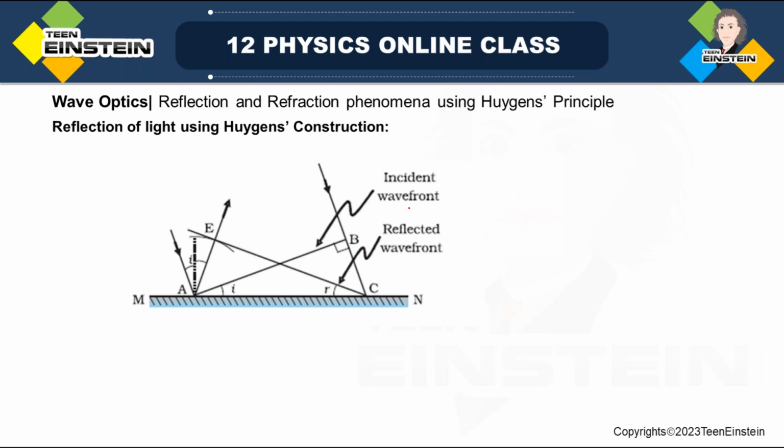We are going to see the laws of reflection. We are verifying the laws of reflection and refraction using wave theory, and more specifically using Huygens constructions. Anyway you do this analysis, ultimately you should get angle of incidence is equal to angle